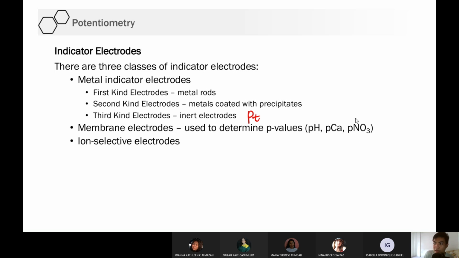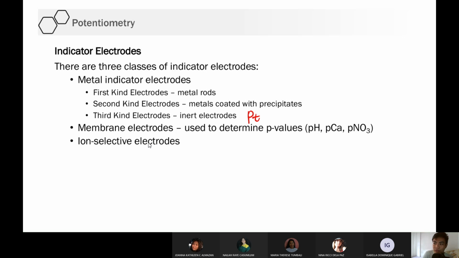As for nitrate, this is used in the fertilizer industry, agricultural chemistry, agriculturists, farmers. They want to determine the nitrate content of the soil. They will insert the indicator electrode into the soil itself or into the soil solution. The purpose is to determine if there are a lot of nitrates, because again, nitrates are necessary for plants to carry out the nitrogen fixation process. We suddenly went into biology. That's how chemistry is, a central science.